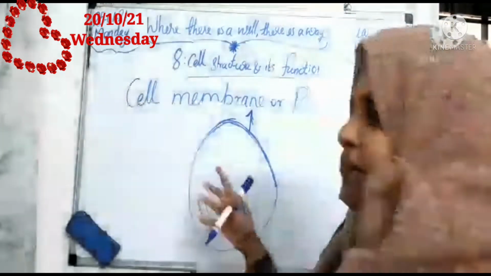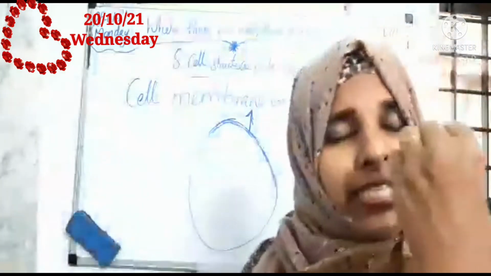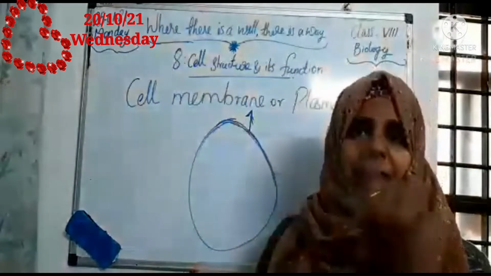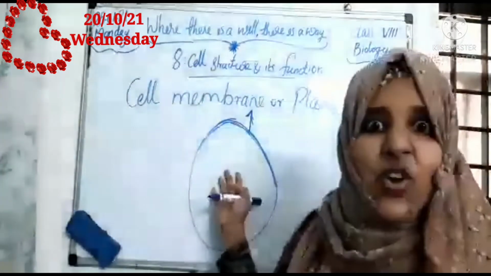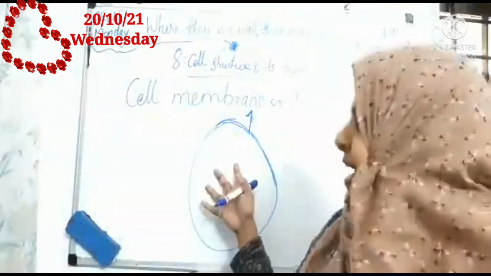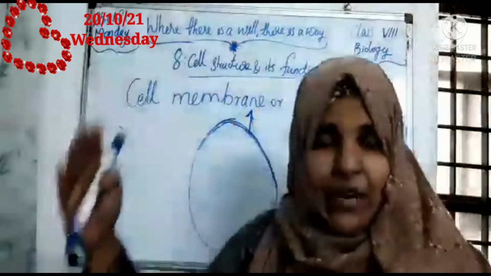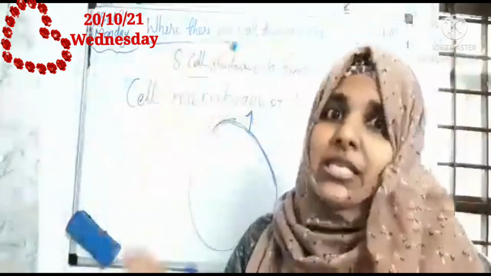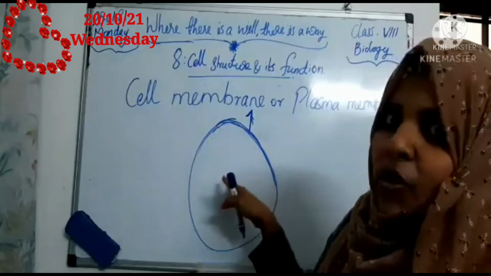What are all the components of a cell? I already discussed with you. The parts of a cell are cell membrane, cytoplasm and nucleus. So inside we can see cytoplasm and nucleus. And this cell membrane gives shape to the cells. This is the outer cover of cells, so it gives shape to the cells also. And now we can check the inside components of the cell.